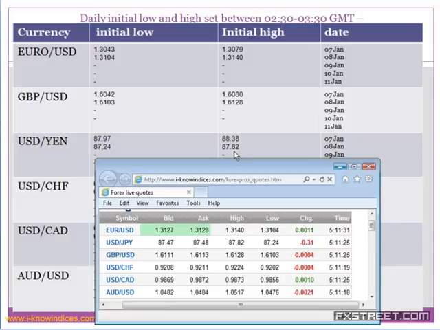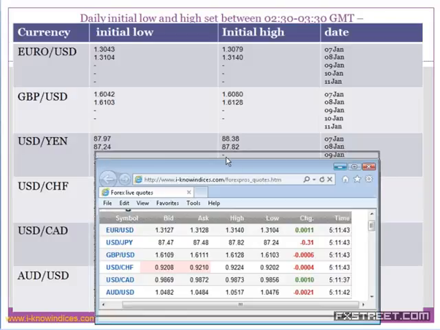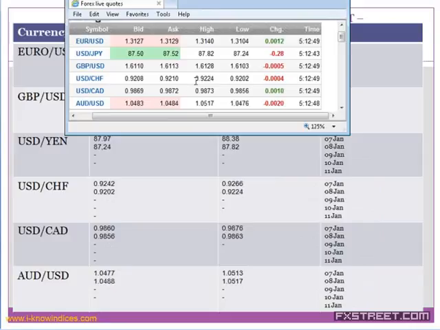So 87.82 is the high, and 87.24 they formed as the initial low, but still they have not breached it, so they are likely to go up. We will find it will also start gaining levels along with that of euro and GBP. In the case of Canadian dollar,